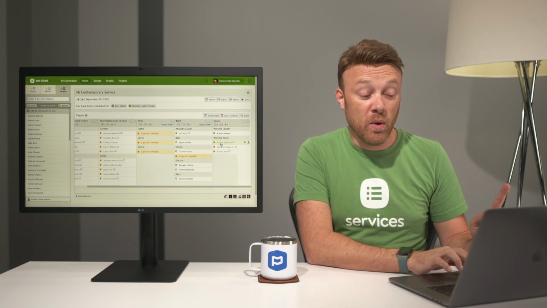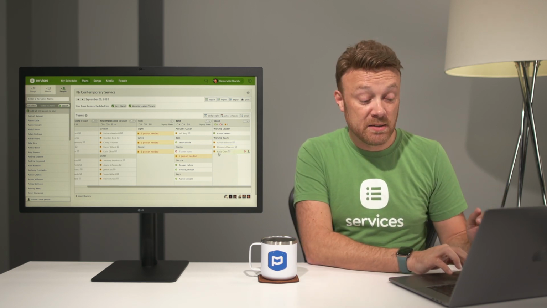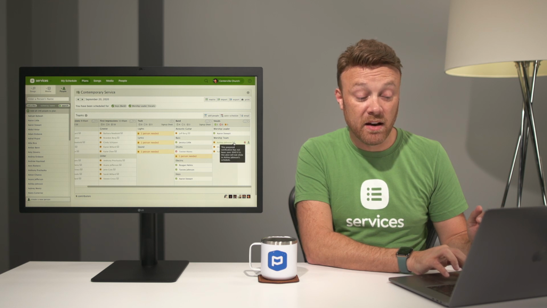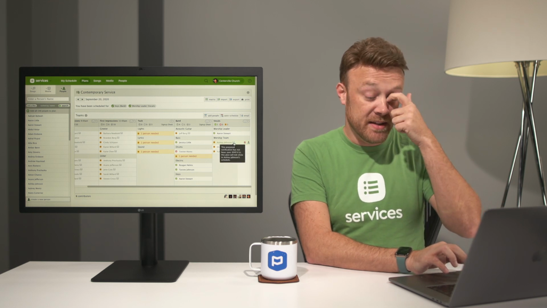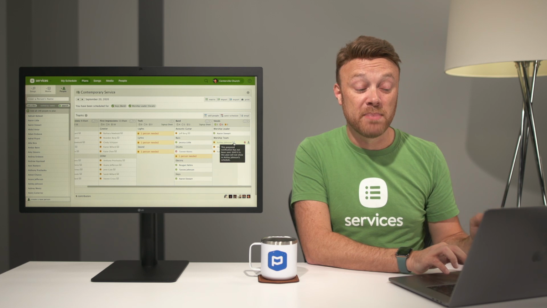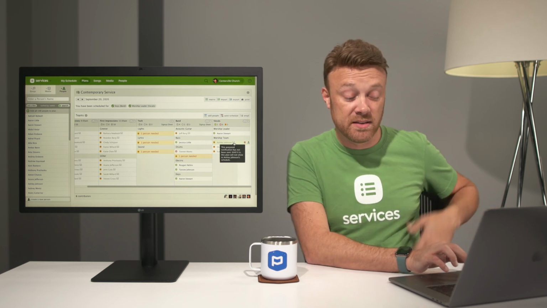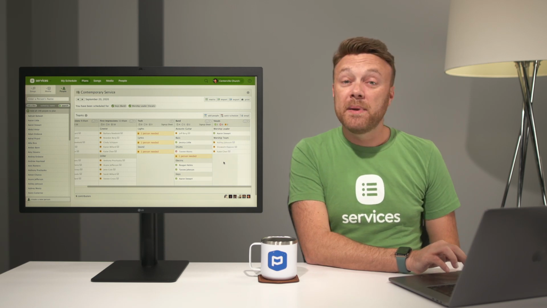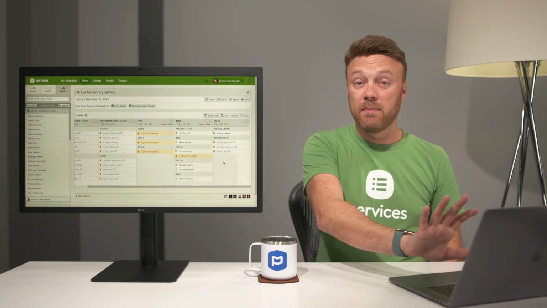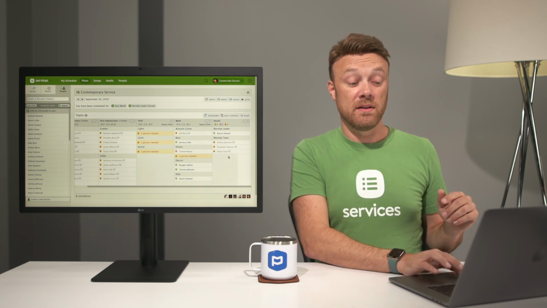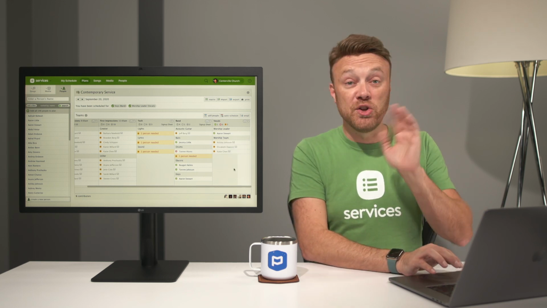But the way you know is, notice next to Ashley, Elizabeth, and Katie's names, there is an email icon. If you even hover over it, it says, this is a prepared notification and it has not been sent. Until it is, this plan will not show in Ashley's schedule. So what happens is, by default, when you schedule somebody, it prepares an email, but you have to manually send